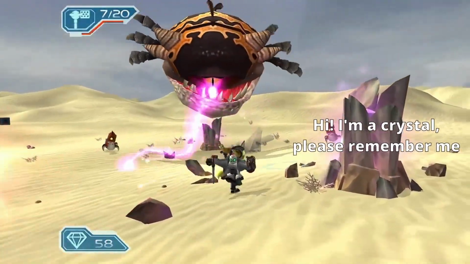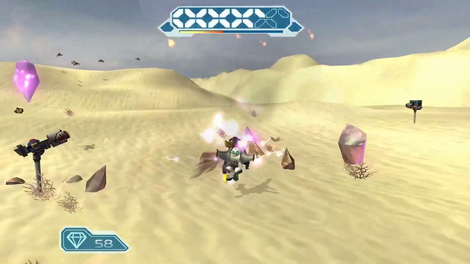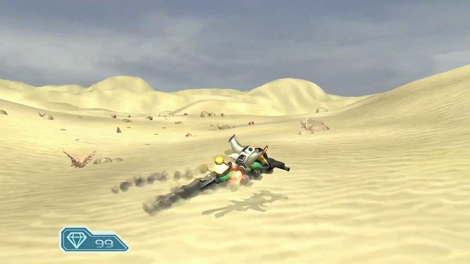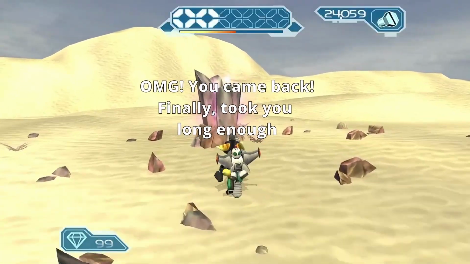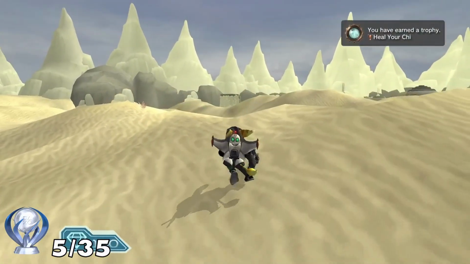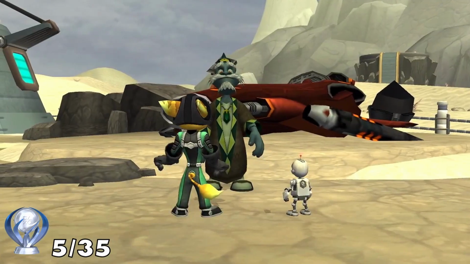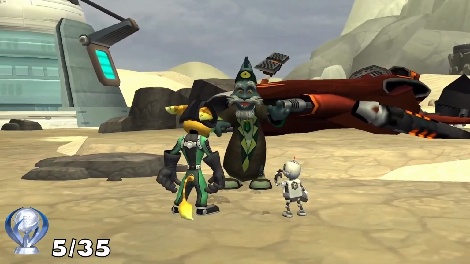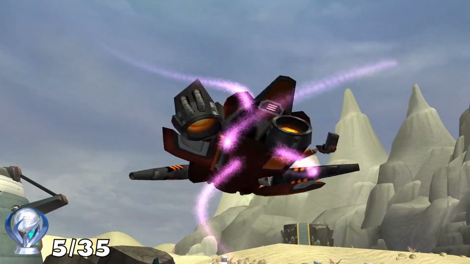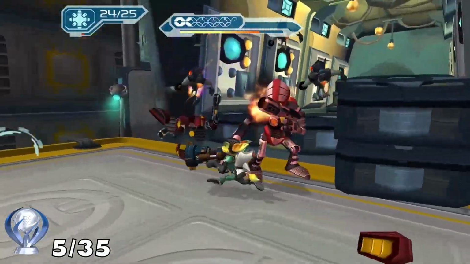Made all the worse by the fact I missed out on one of the crystals, and as such had to double back and search every inch of the desert a second time to finally collect the 100th crystal. We then hand the crystals over to a spaced out crystal junkie to buy a new ship, luckily with all our previous upgrades on it as well, and haul our ass off the planet and over to Dubbo,